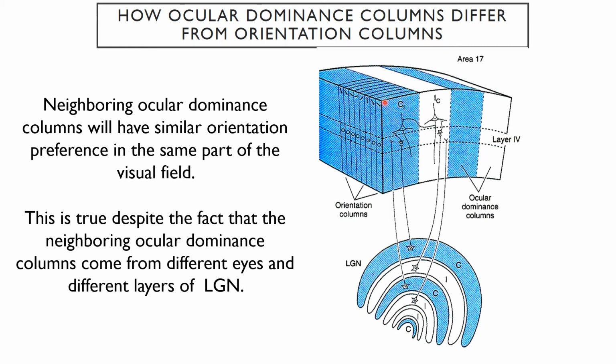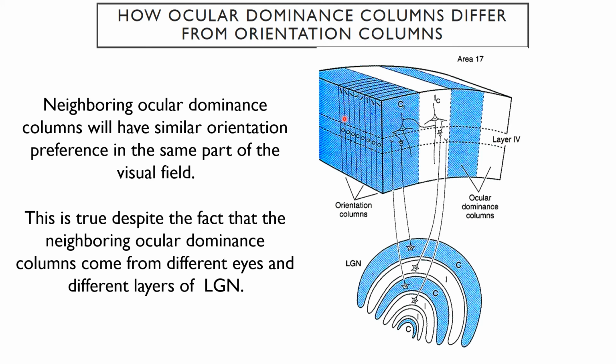This particular column has a particular preference of an orientation. And then the one next to it has a slightly different orientation that it prefers. And the one next to it has a slightly different orientation, but it has a pattern in which it's rotating. You can see that it's going from less horizontal to more vertical to less vertical to horizontal, back again. And it does this spiral, where the bar is turning as you pass through a single ocular dominance